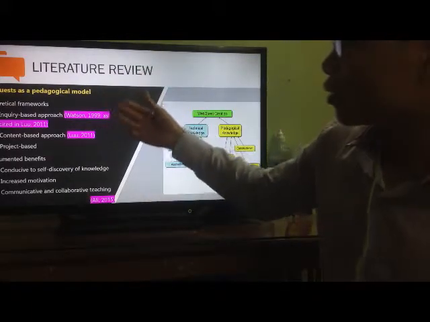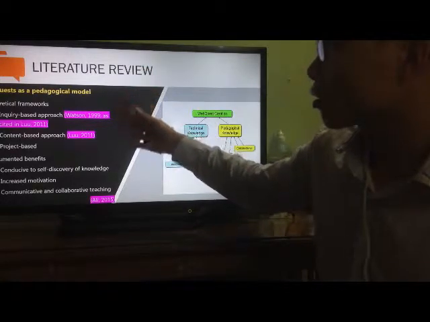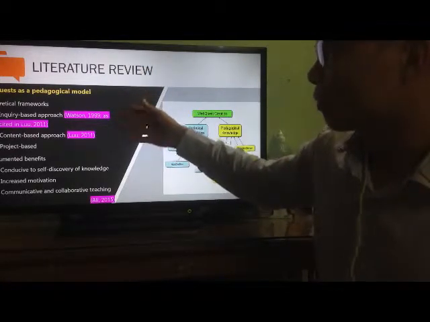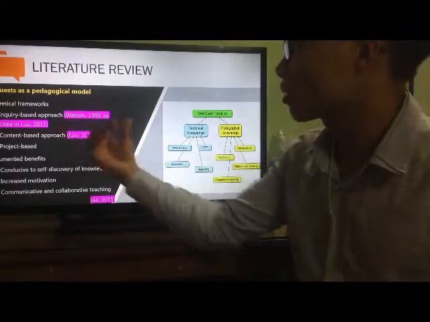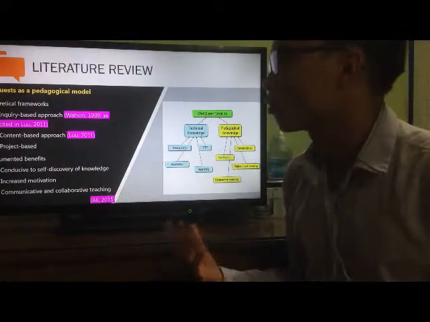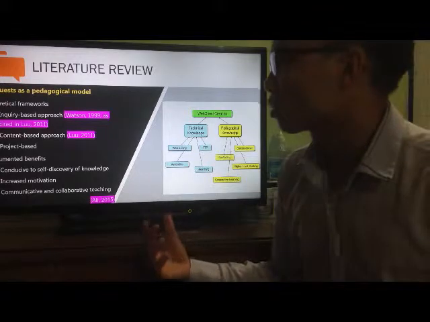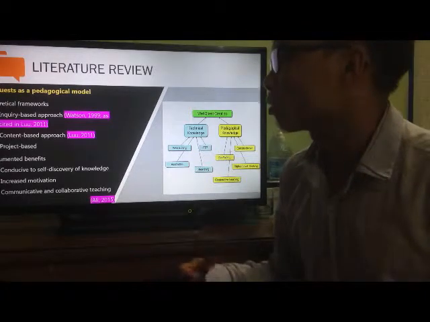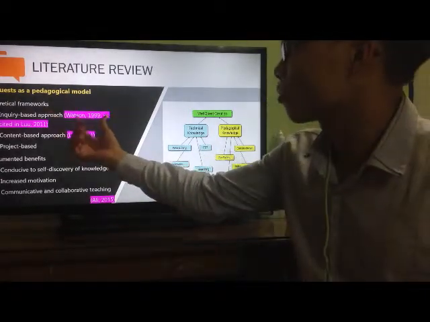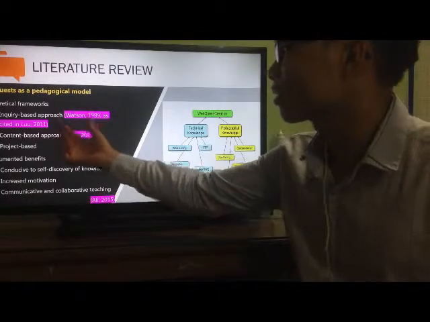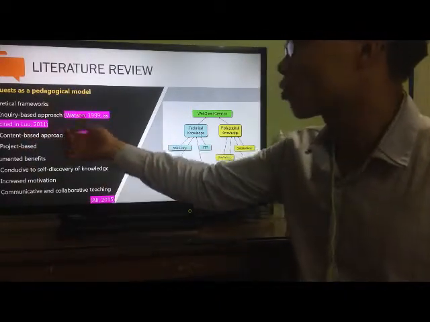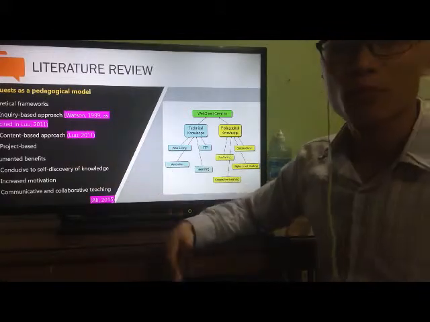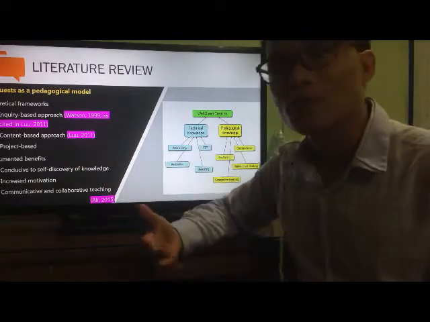Now, according to some articles and literature, WebQuest has theoretical frameworks which derive from several approaches to language learning. For example, according to Watson 1999, as cited in Liu 2011, WebQuest resembles the inquiry-based approach in which the students are